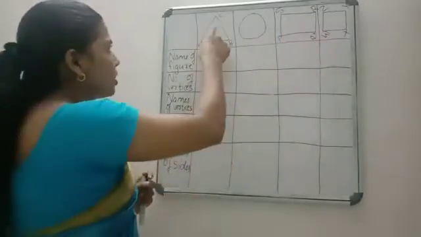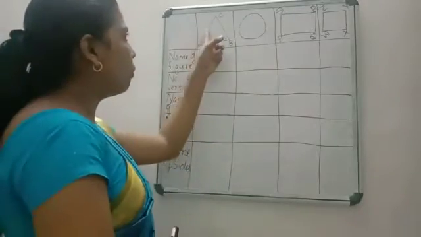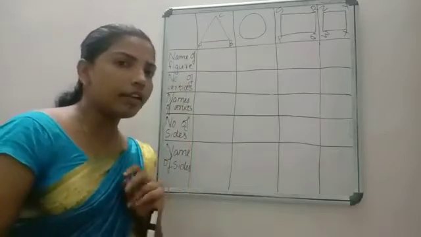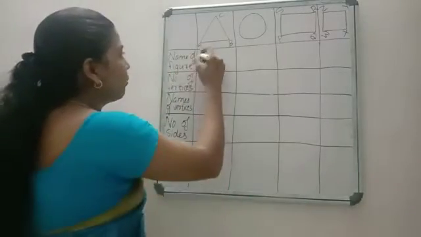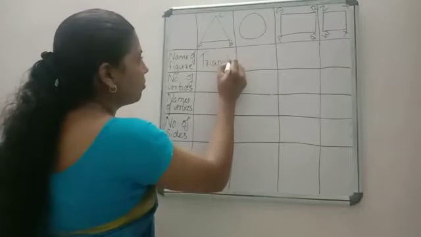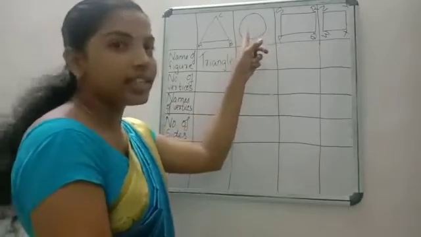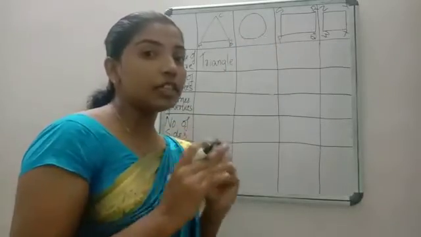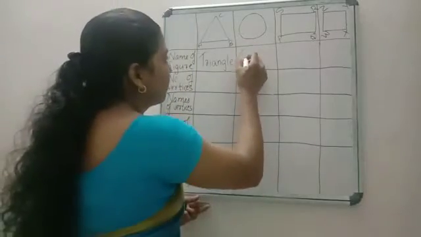Okay. So first this figure. What is the name of this figure? How many sides are there? 1, 2, 3. A three-sided figure is called? Yes, we studied. It is a triangle. So the name of the figure is triangle. Now see, are there any vertices or any sides? No. Which is that figure which has no vertices and no sides? Yes, it is a circle.